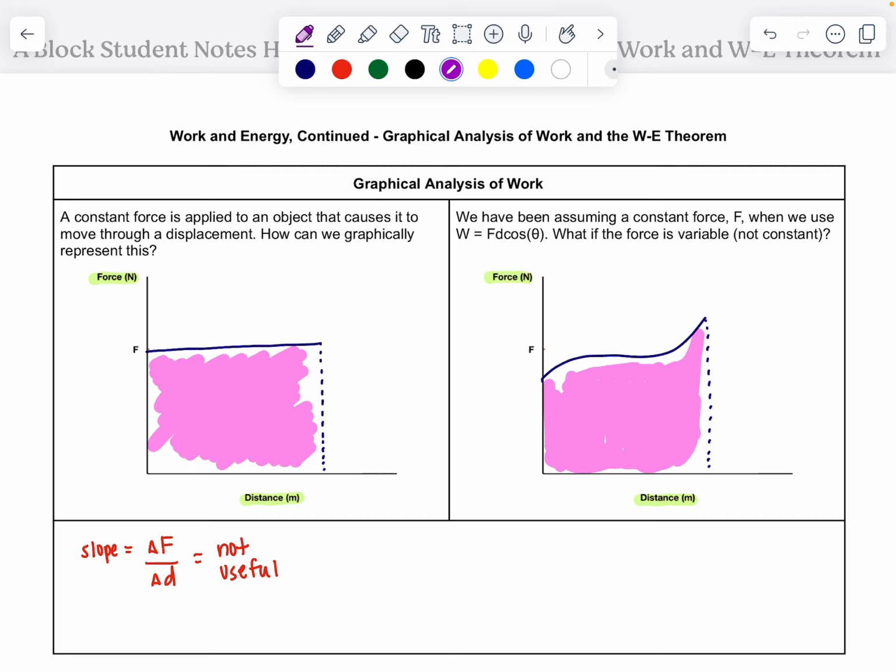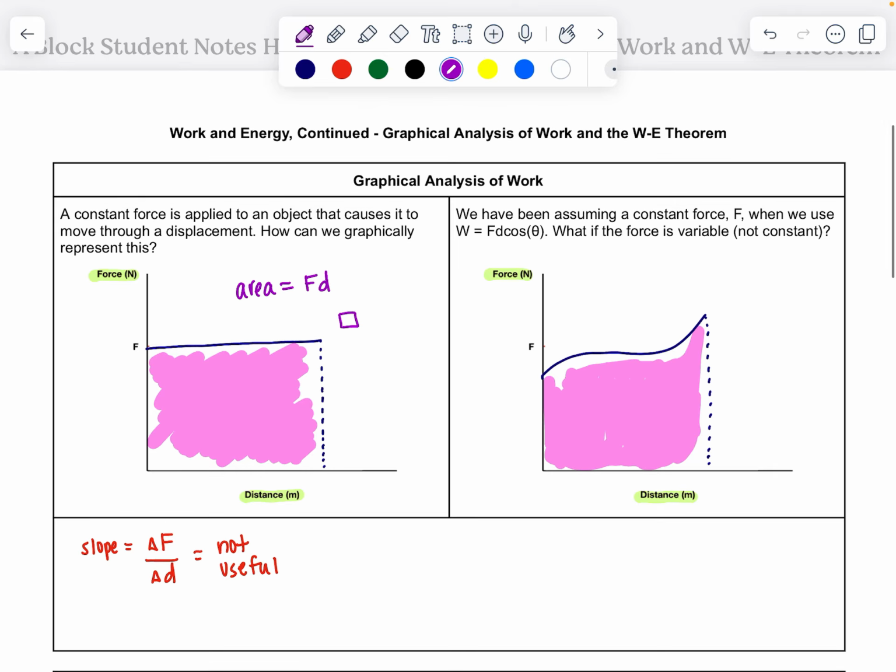If I go over here and I look at the area, well, that shape here is a rectangle. The area given by a rectangle is base times height. So here that's going to be the force applied times the distance. Now, let's make a very general assumption here that the force we're concerned with was applied to an object that moved a certain distance in the same line of motion of that force. That would make the angle between these two 0 degrees. And the cosine of 0 degrees is 1,